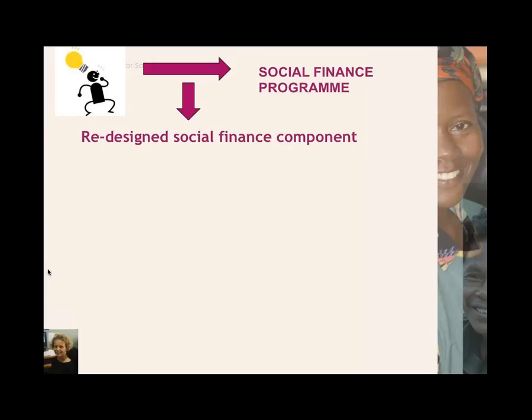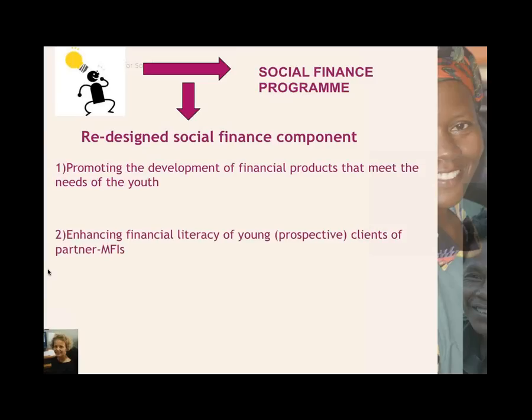The market mapping looked at the financial service providers available in the areas and the products offered, but also at the youth needs for social finance services. The results of this mapping helped us to define new outputs and activities for the components. So we came up with 3 subcomponents. The first one